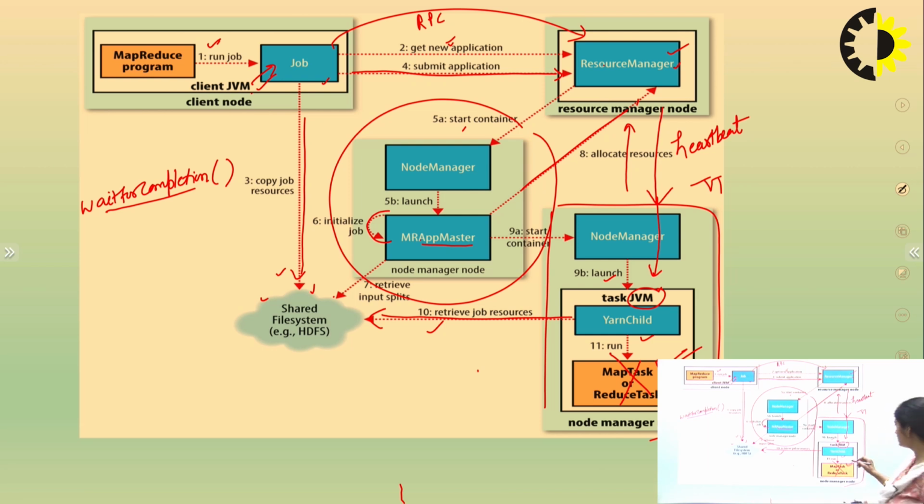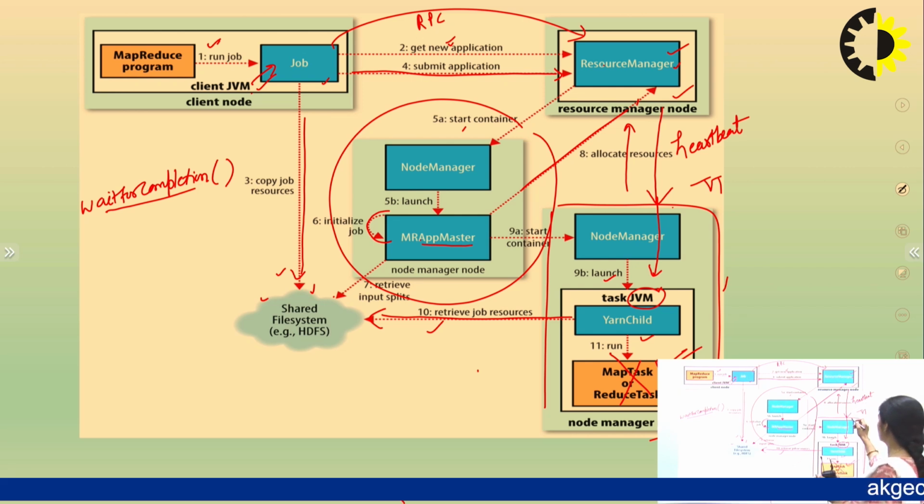In that case, after completion of the task, this node manager or task tracker will give the response to the resource manager that the task is completed. After completion, the task tracker will free all the MapReduce task IDs or proper locations, and will execute another task.